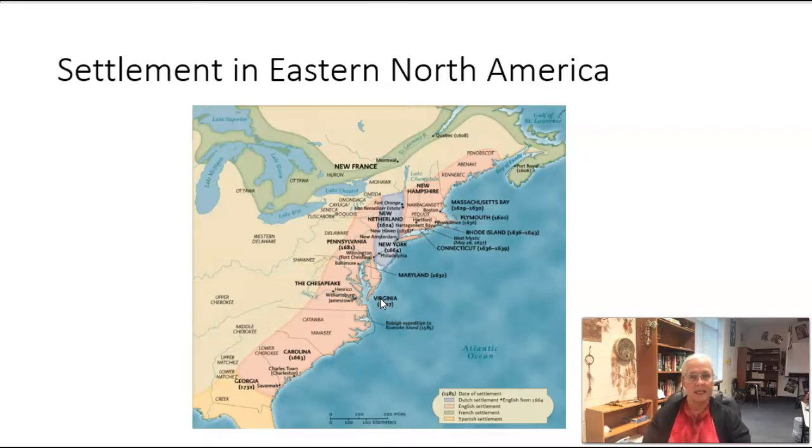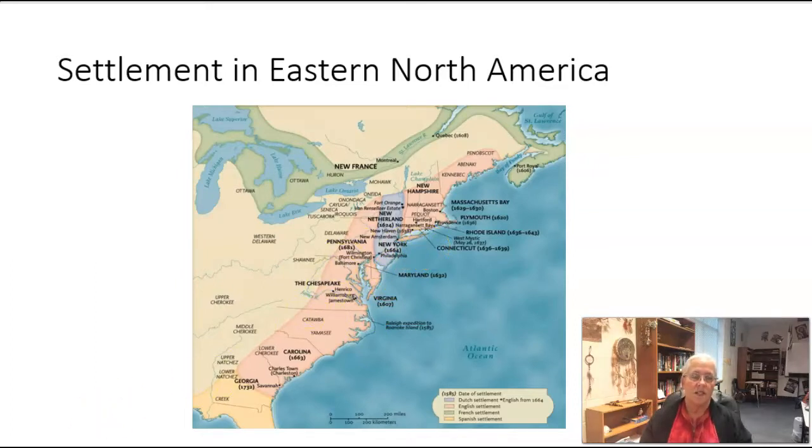Bacon's Rebellion is one of those first big conflicts between the backcountry settlers and the coastal elites. So everyone that had already settled over here along the eastern seaboard, they were considered elites. They had been there a while. They had gotten well established by the late 1600s. And so they had power over the new landowners that had moved further in.